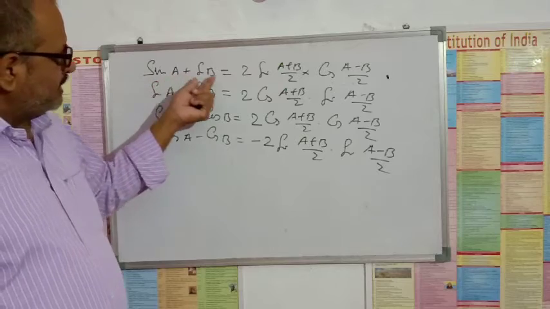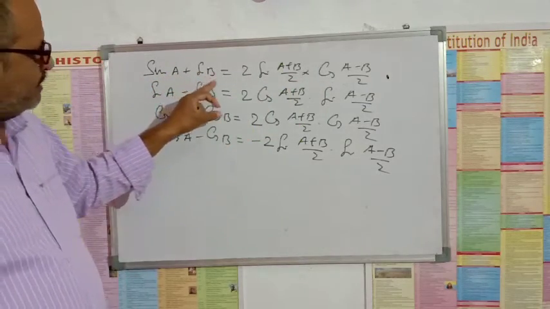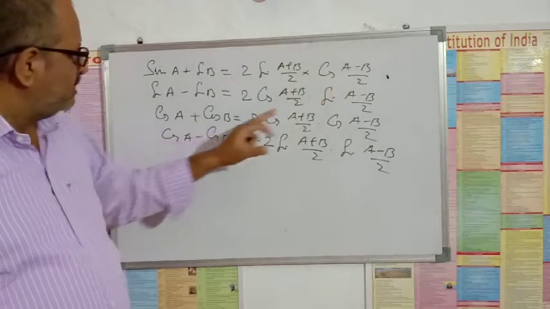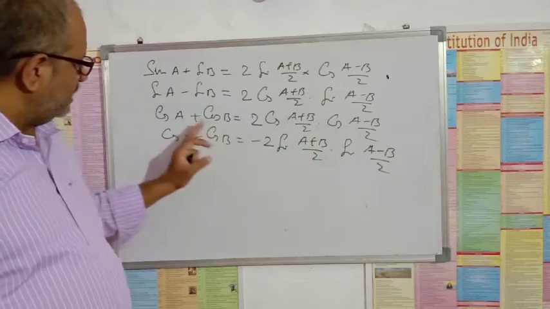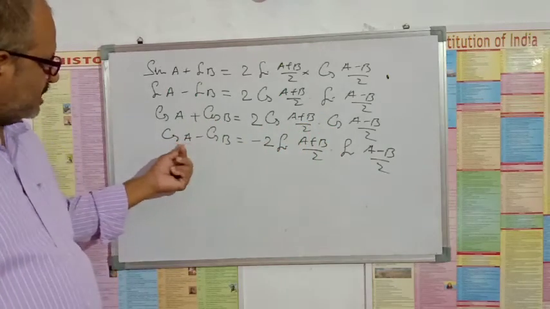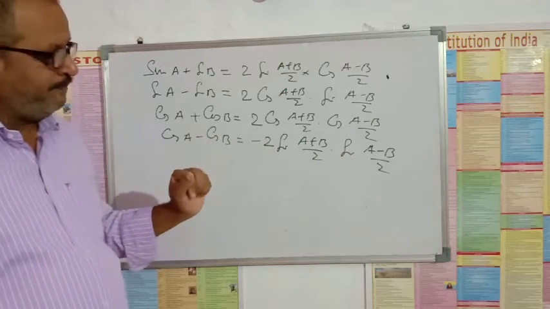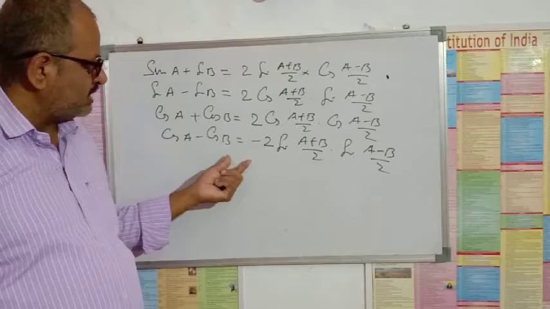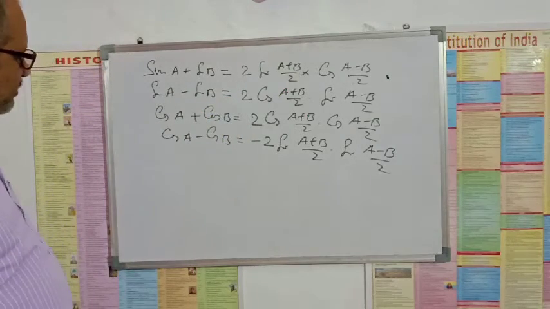So this sum can be expressed in the product form like this. For sin A plus sin B, firstly we write sin, then cos. Sin A minus sin B, firstly write cos, then sin. Cos A plus cos B, both will be in cos. And cos A minus cos B, both will be in sin with a negative sign. We will discuss one problem based on this identity. So let us see one problem.